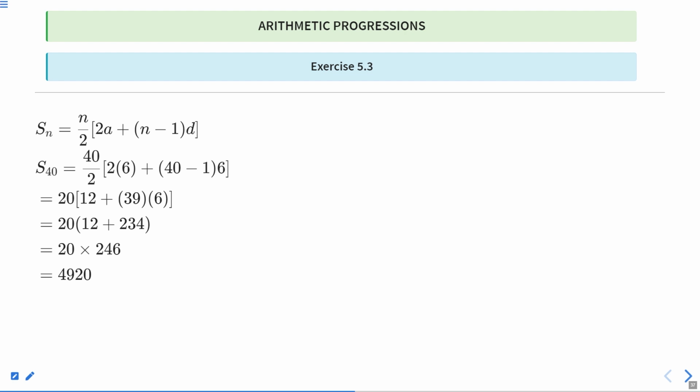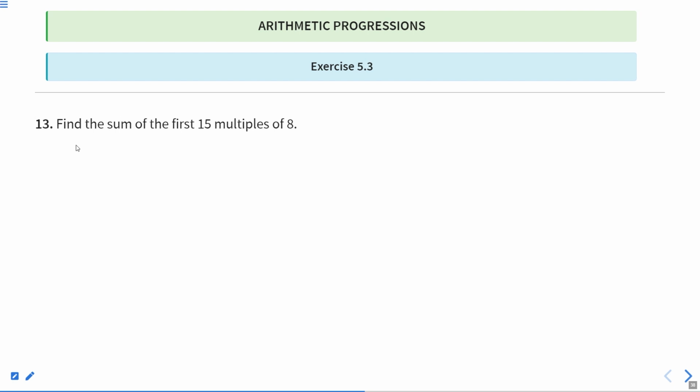Okay, then we get S40, which is equal to 40 by 2 times (2 into 6 plus (40 minus 1) times 6), and this is equal to 20 into 12 plus 39 into 6, which is equal to 20 times 12 plus 234, which is equal to 20 times 246, and this is equal to 4920. Okay,